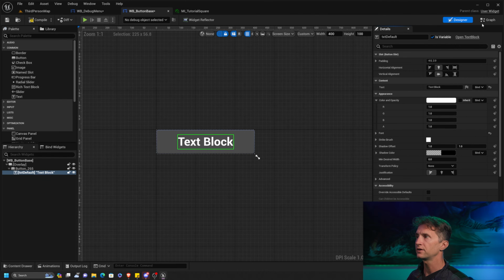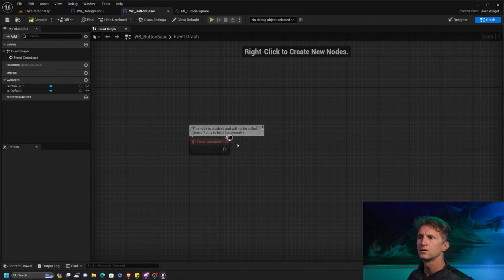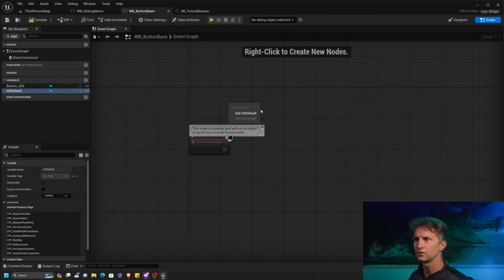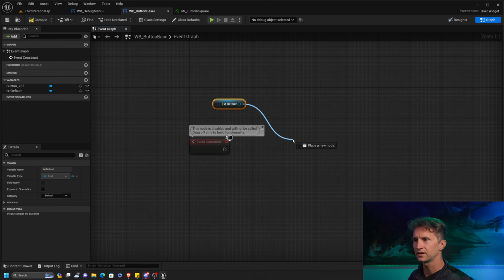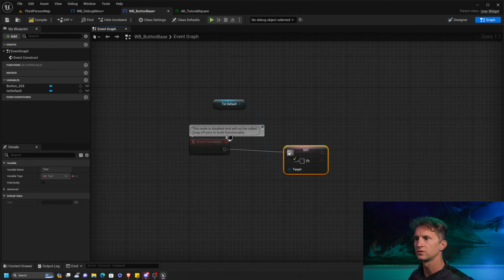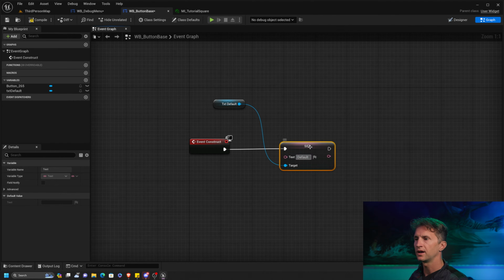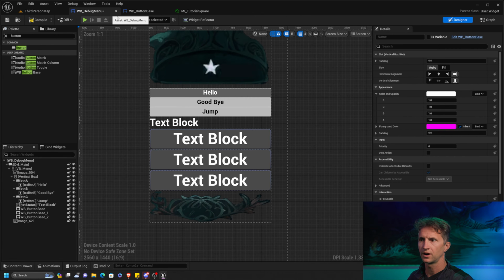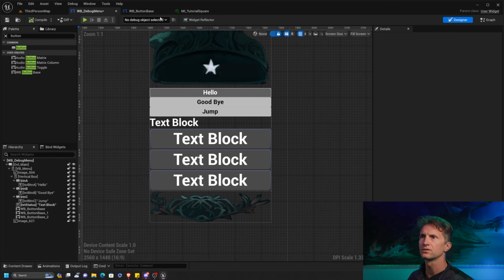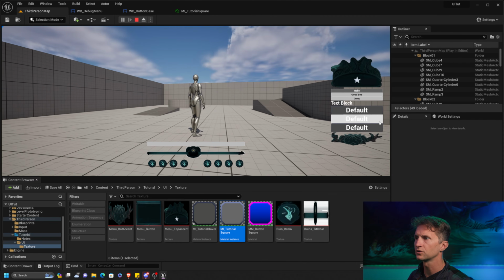Okay. So once we have that variable, when I go over to my graph, on construct, I can take the text default and set the text value, just like we did with the hello tutorial. And we can set the text value to default here, for example. And if I compile this, I'm going to save this as well, just because crashes are always a thing. When we compile this and save this, when we press play and we press M,